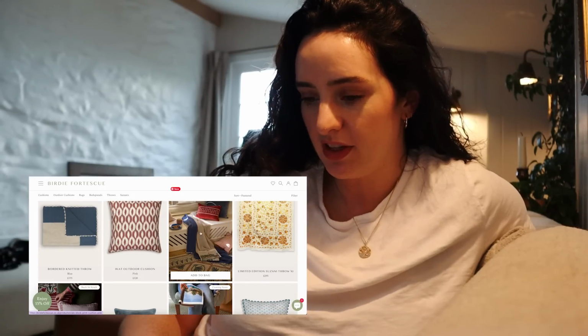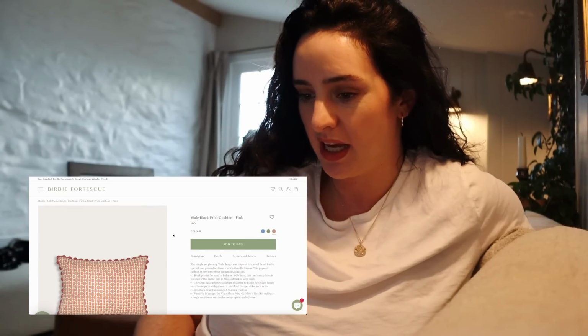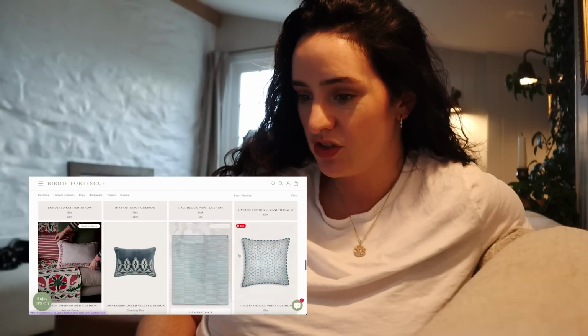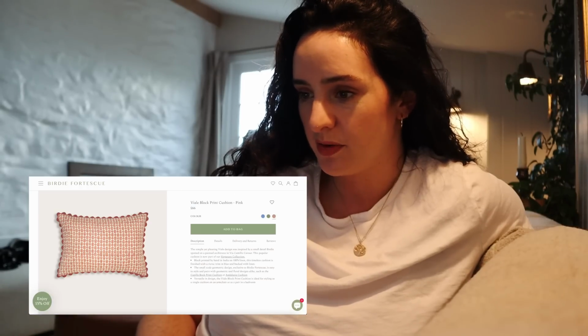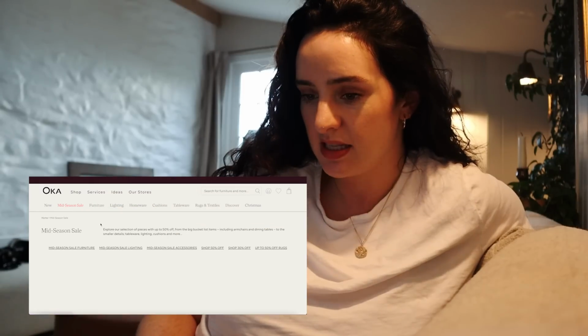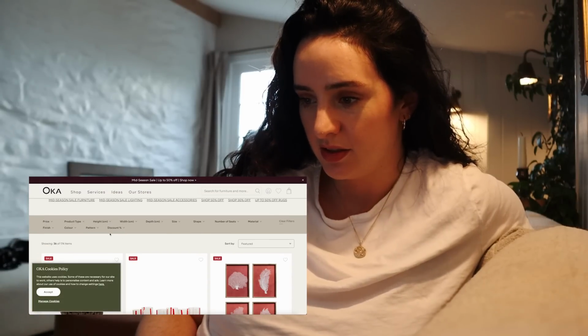So there's so many. I feel like this one definitely is one that we had on the shoot or something very similar. I do love the scalloped edge. Okay, so we've got some nice options from there. Now let's look on Ochre, because I know, oh look, here we go, mid-season sale. Let's look at their sale